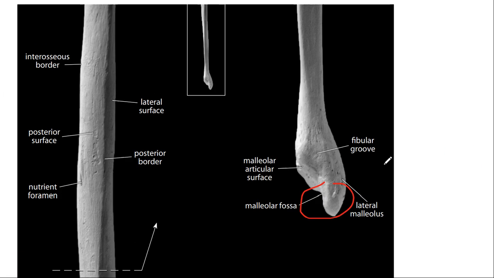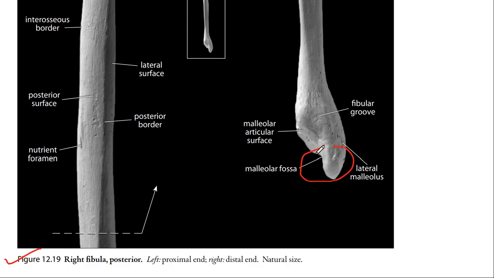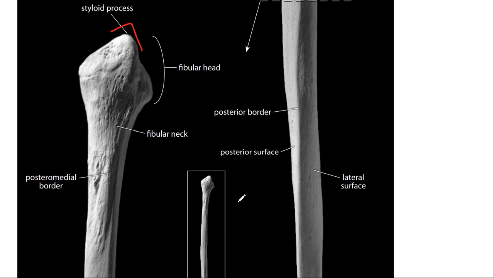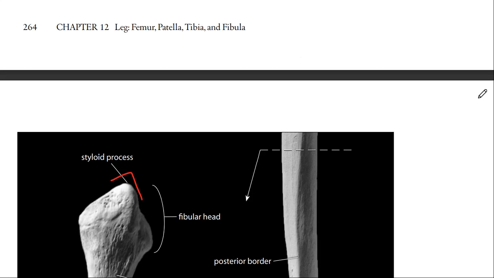I'll show you the malleolar fossa once. This is the malleolar fossa. Fossa means a depression-like structure for the attachment of the talus, as well as for the attachment of the other ligaments between the tibia and the fibula. So it facilitates the attachment of the ligaments as well as the talus. Fine. And so only two views, the posterior and the anterior view. That's it. Thank you.